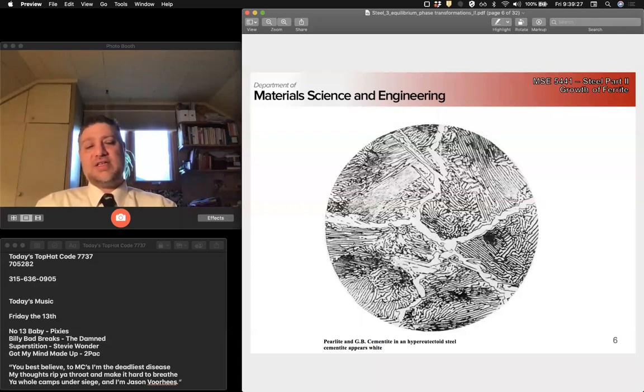So this is obviously a hypereutectoid steel. This is grain boundary cementite, right? So we know that the white regions in here are cementite, and these darker regions are ferrite, right? So this is a steel with a higher carbon content than the eutectoid. Very rarely do we use hypereutectoid steels for anything, but